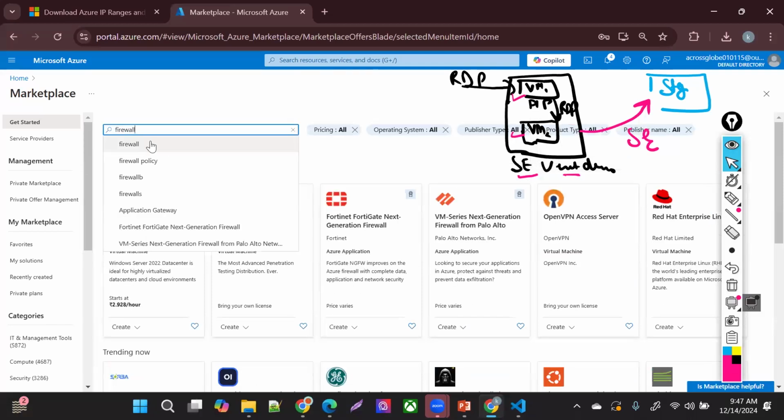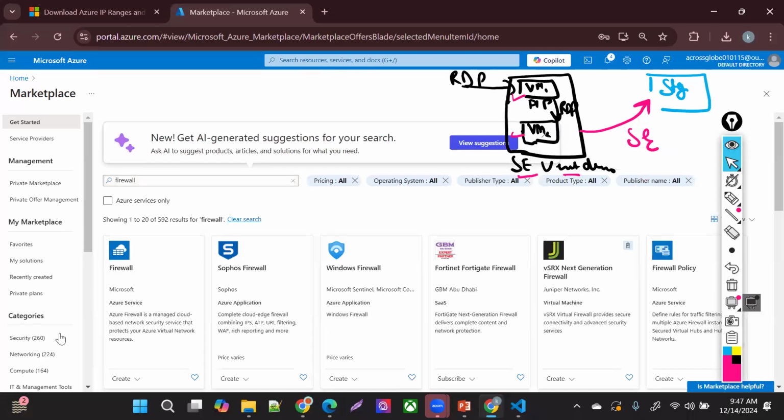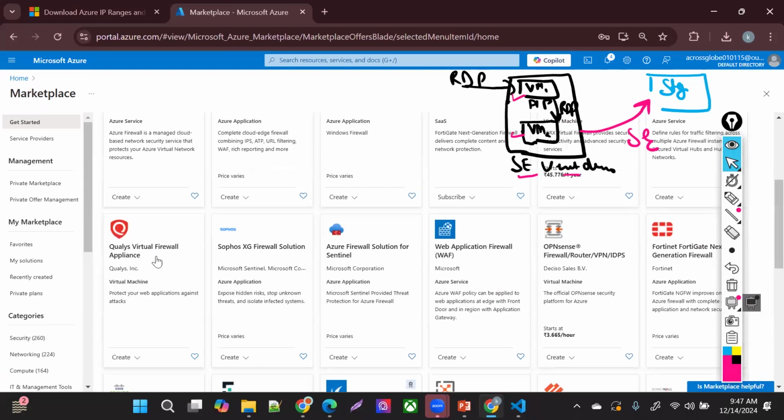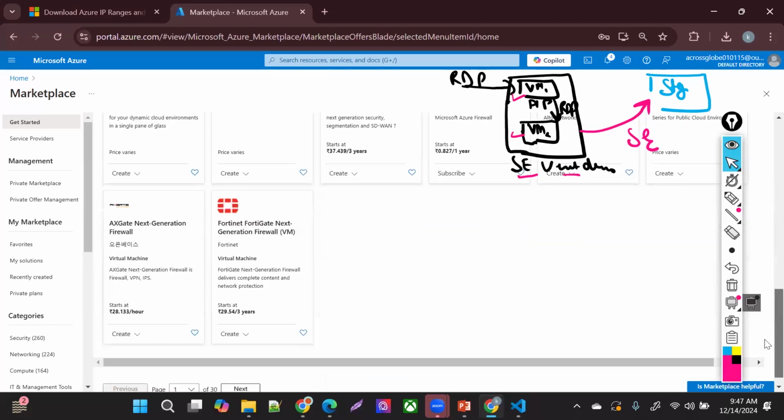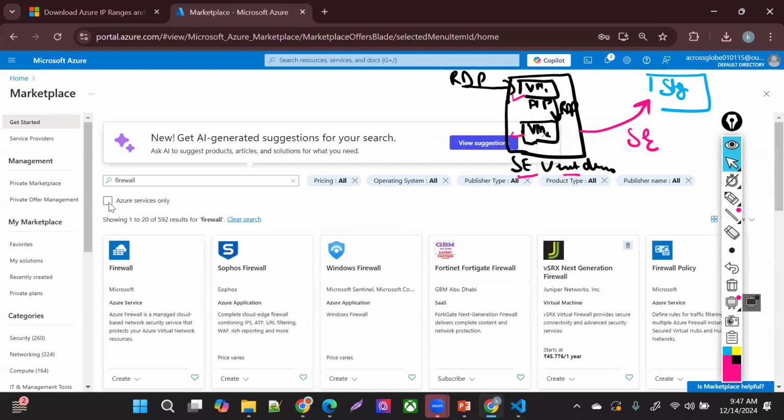right? I'm searching just for firewall. See, this is Azure Firewall, Sophos Firewall is there, right? Sophos provides their own next generation firewall. Fortinet, FortiGate, they are providing it there, right? Next generation firewall, SRX, right? If you come down here, Qualys, which is a virtual appliance, right? Firewall virtual appliance or vulnerability management, right? Azure Firewall for Sentinel, a web application firewall. Fortinet, OPNsense, Forcepoint next generation, Cisco ASA, VM series Palo Alto firewall, SonicWall, Barracuda, right? You can see many firewalls and many vendors are providing them there, right? So you can get it from there.